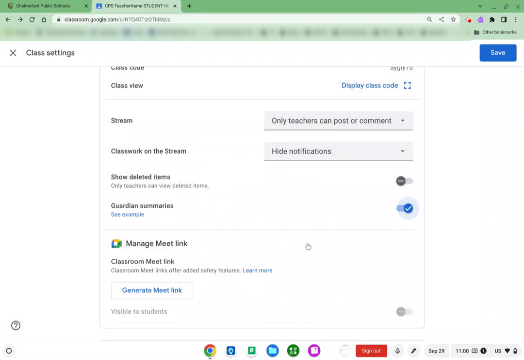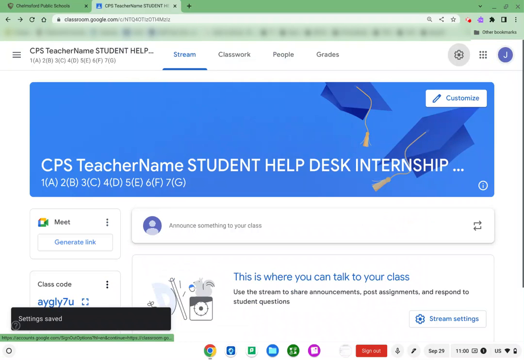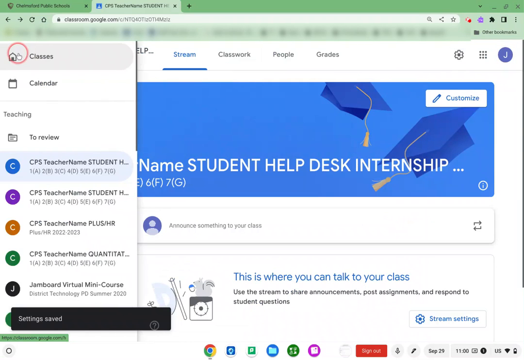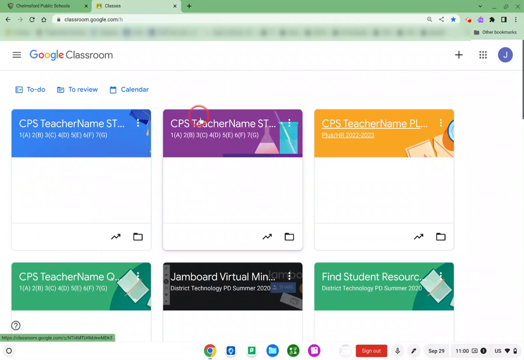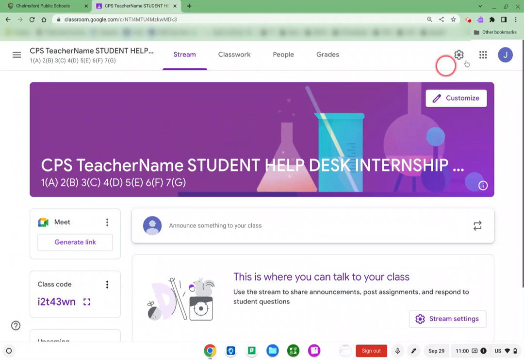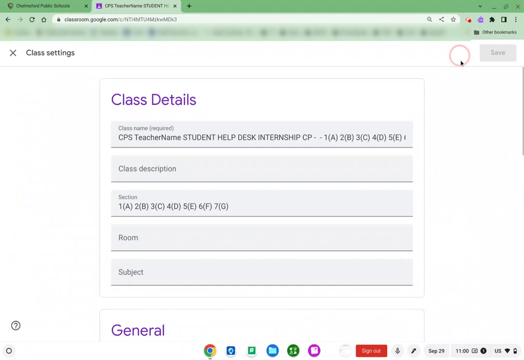I'm going to do Add Class. Now you can see that there's a check mark. Guardian Summaries has been enabled, and I need to save it. I'll go back into my next class that I'm currently teaching, click on the name, click on the gear, scroll